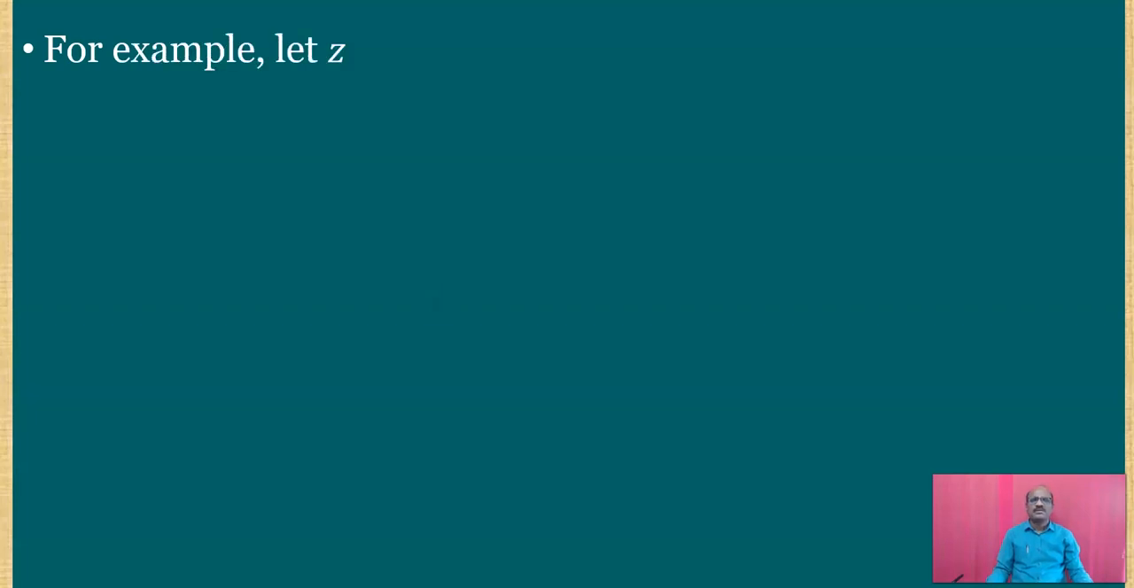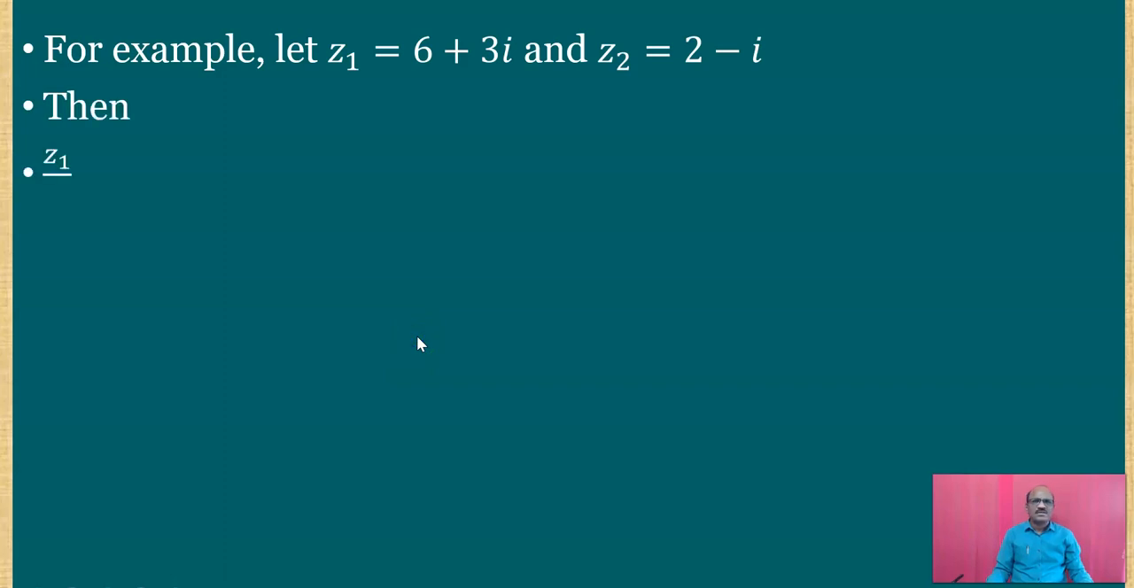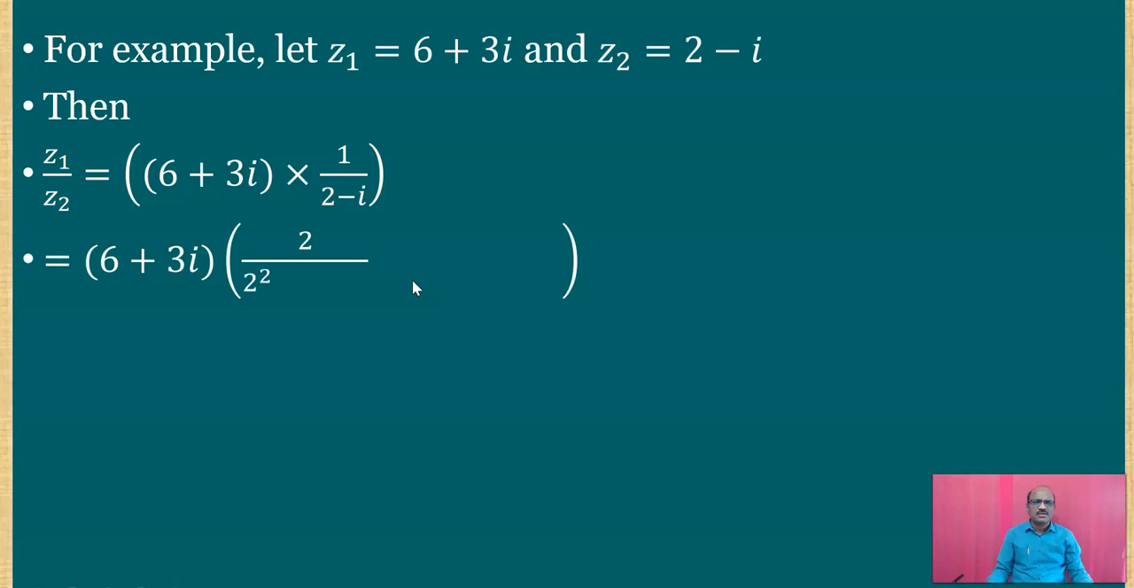For example, z1 is equal to 6 plus 3i and z2 is equal to 2 minus i. Then z1 upon z2 is equal to (6 plus 3i) into 1 upon (2 minus i). That is 6 plus 3i, and if we multiply by its conjugate, that is 2 plus i, then you will get, by using the formula that we have learned in the previous slide, 2